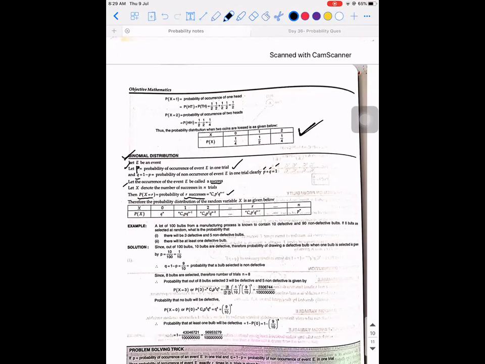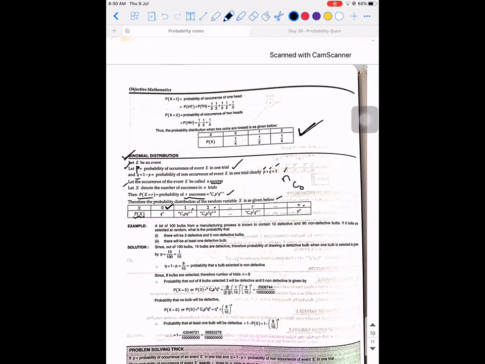If you prepare a table like this, the probability distribution of, let's say, some random variable is given like this. X is the random variable that you're using: 0, 1, 2, and so on till n trials are going on. Are you able to understand this till this point? Now, when I say P of X, in this case, what is the value of X? X equal to 0, obviously.